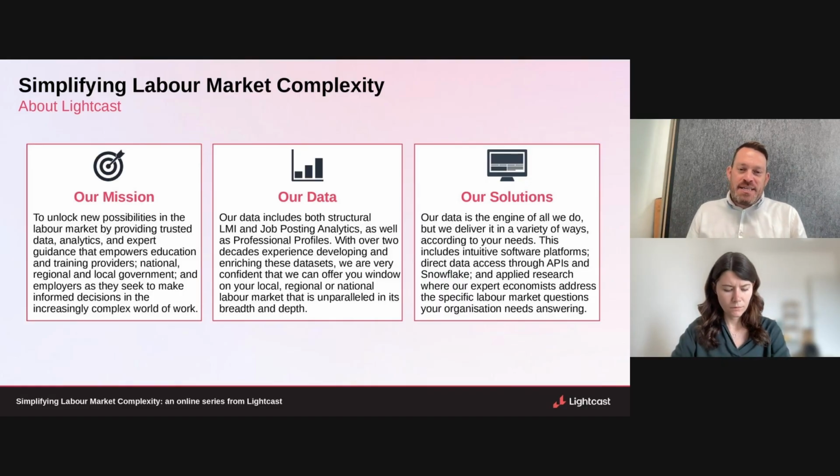But ultimately, that data is only as valuable as your ability to use it and bring it to your questions, challenges and opportunities. And so we have a range of solutions, ranging from our software tools that allow you to access and query that information, through to data integrations where that information and intelligence can be integrated into your internal or even external infrastructure. And of course, our amazing economists, of which Eleanor is one of our great club, who help us address specific questions that your organization might have.